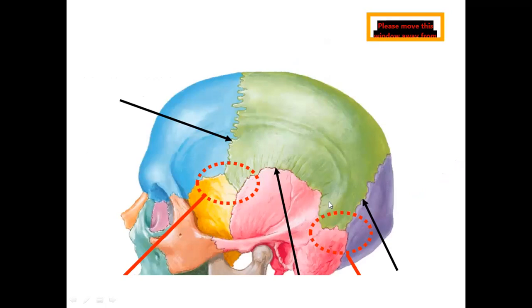Similarly, if you see the meeting point of three different bones behind, we have the asterion, like star, asterion. What is this we have in green color? Yes, parietal, this is temporal and this is occipital. You call it the asterion, nothing but the mastoid fontanelle of the fetal skull.